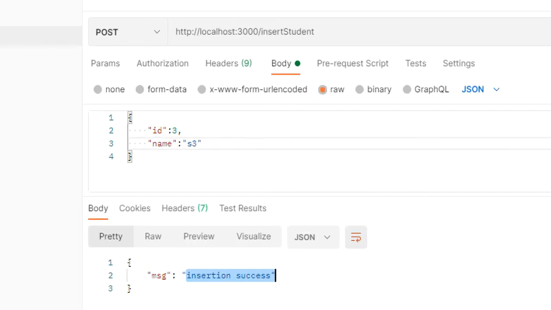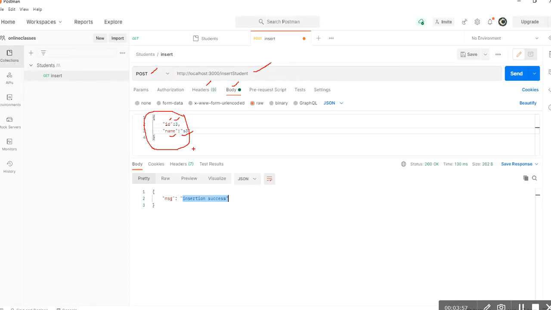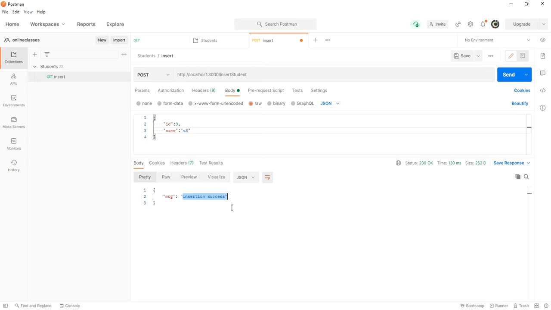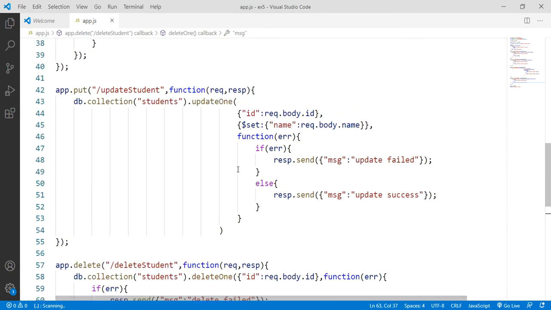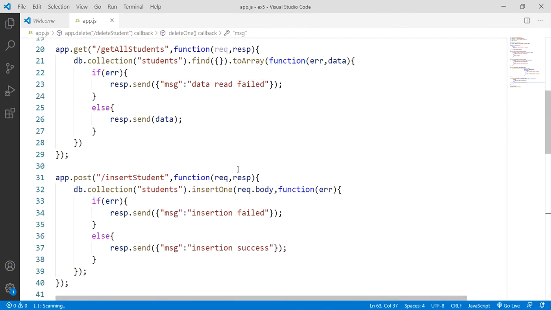So I configured the post request, I gave the post URL, I configured the headers as content type equal to application/JSON, I configured the body where I provided the JSON data, ID value 3, name value S3. Now once I click on send, your data will be inserted into the database, meaning the request is sent to your previous REST API of your Express.